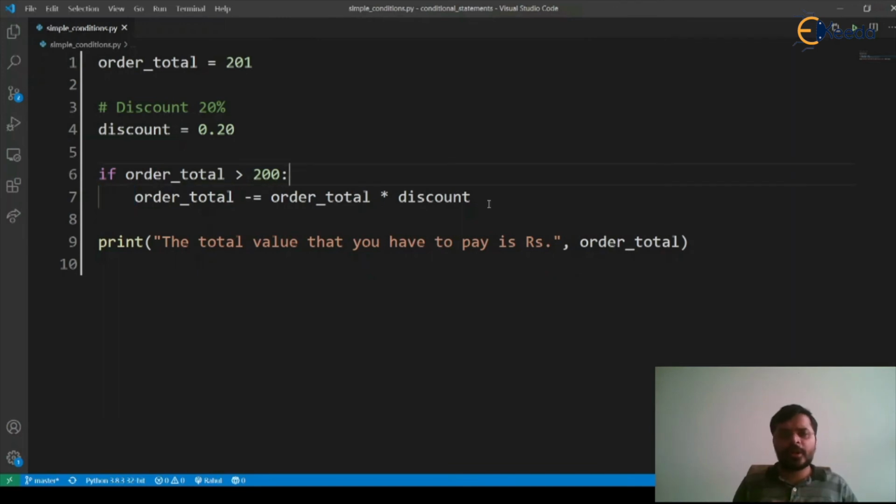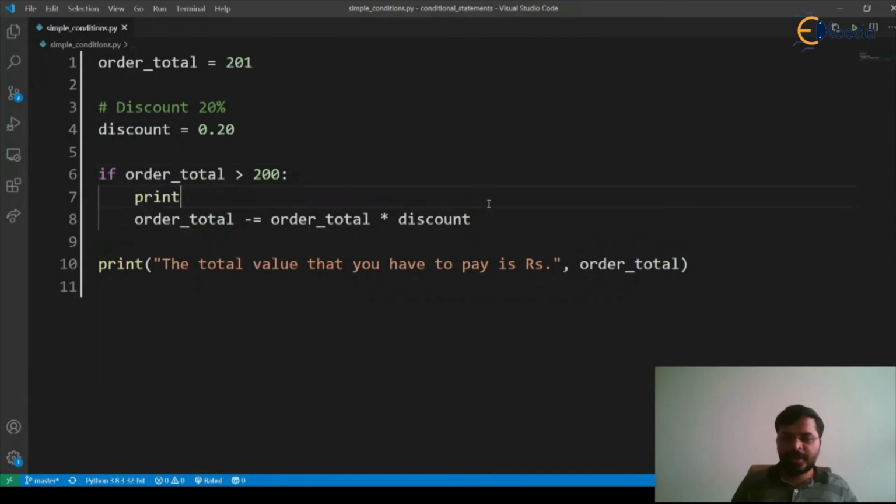So let's add one print statement which indicates that the 20% discount has been applied. Let's say print: you got a discount of 20%.